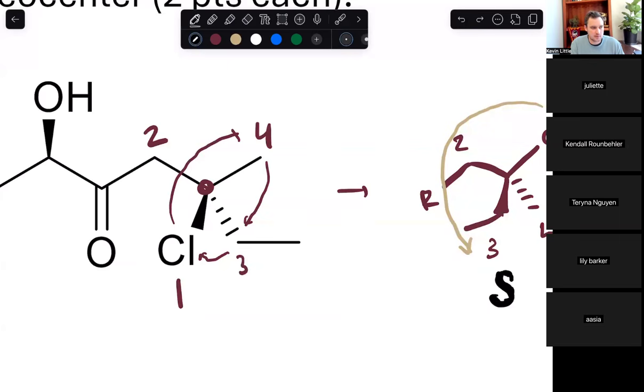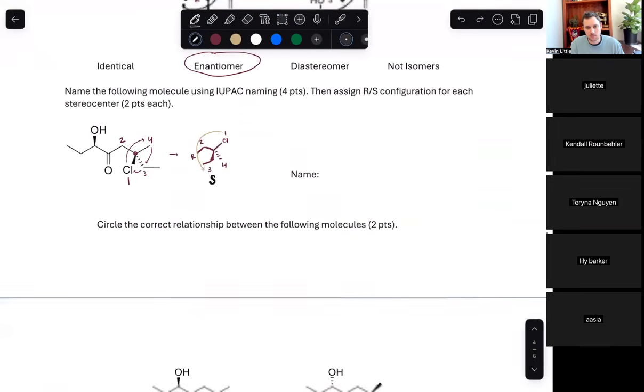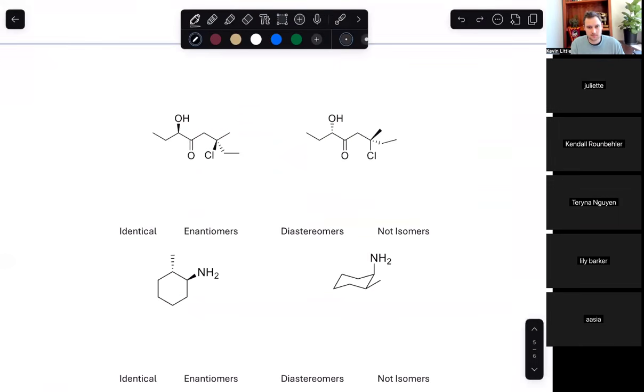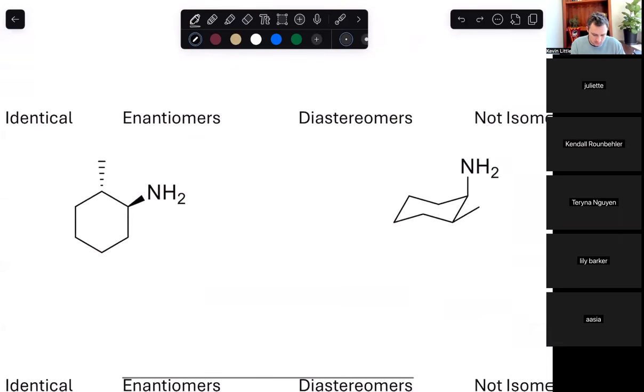I wouldn't worry too much about converting Fischer to other projections. Just getting it into Fischer. I'm going to briefly talk about this. So